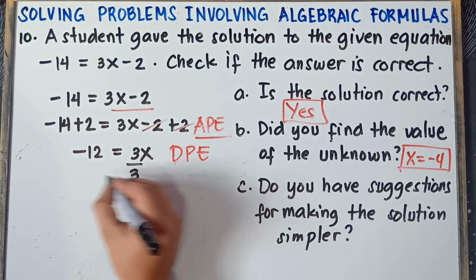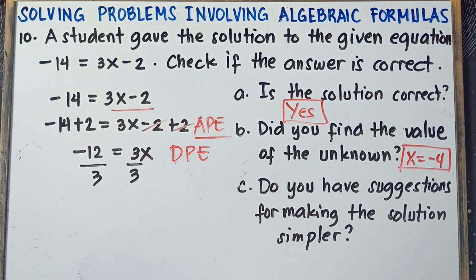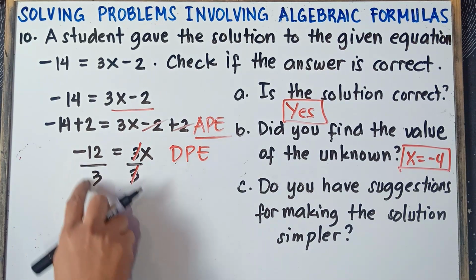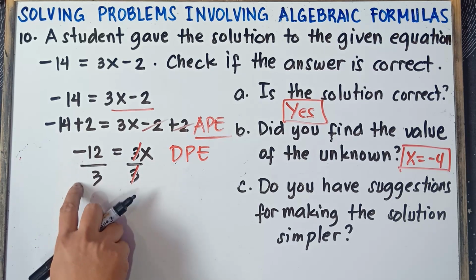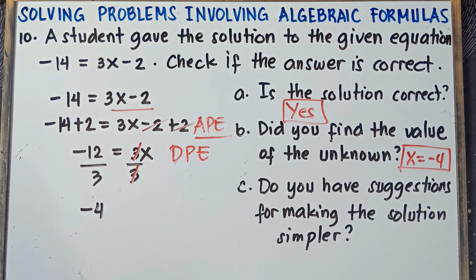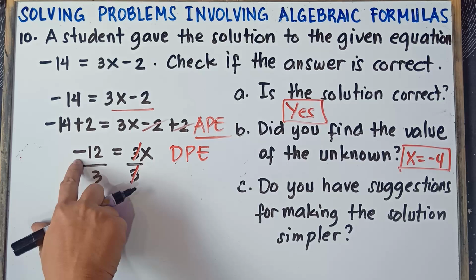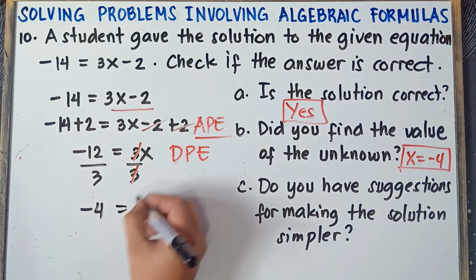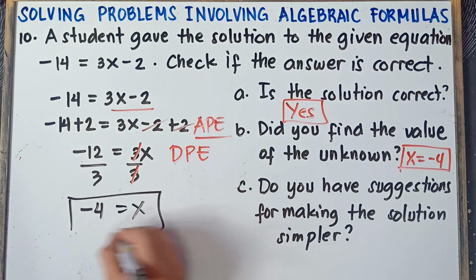We can just simply divide both sides by 3. Dividing both sides by 3, we can just simply cancel this out. And then negative 12 divided by 3, once again, negative divided by positive, that would be negative. Unlike signs, dividing unlike signs, the answer is always negative. Negative divided by positive, that's negative. 12 divided by 3, that would be 4. Simply copy x. You will have the same answer, class.